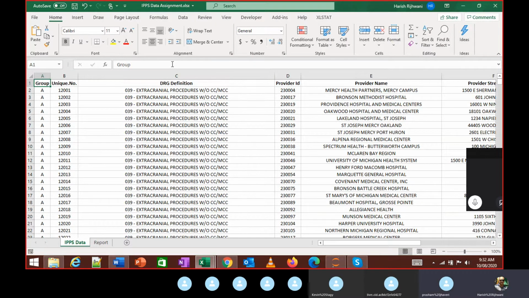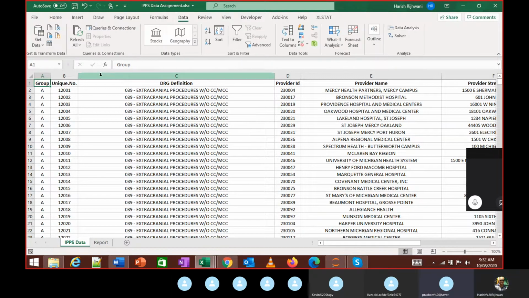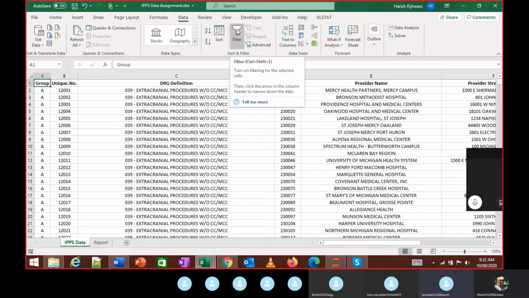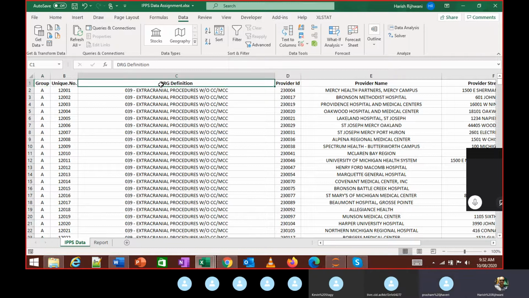So select the row, then go to Data and select the column, then Filter, right? Filter, yes. If you see over here, there is another shortcut, Control Shift plus L, if you want to do it that way.